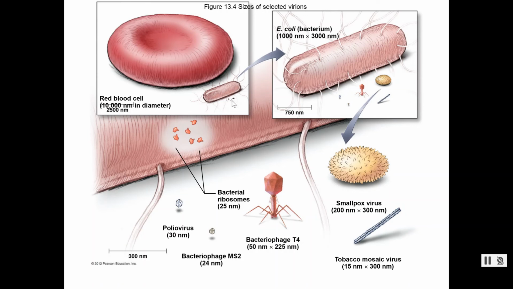These little bitty dots that you can't even see, let's magnify this. So now I've got my prokaryotic cell. These are viruses. Can you see the size difference? If I were to magnify these viruses, now we can get a little more detail. And that poliovirus, 30 nanometers. This is how small that is. A red blood cell by comparison is 10,000 nanometers. So that's quite a bit of a difference in size comparison. So these are really tiny.